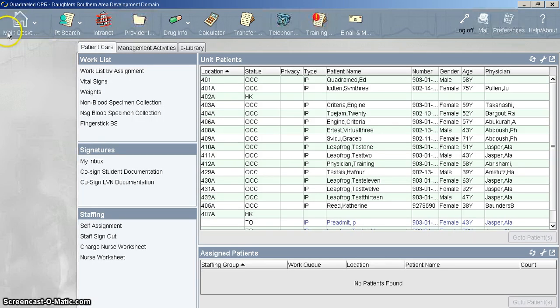original screen. Now here we're looking at your main desktop tabs: patient care, management activities, and e-library. Now usually when you go on your main desktop, one of the most important functions is creating your self-assignment. Your self-assignment can be made by coming to the staffing block. Each of these boxes is called a block. This is your staffing block, your signatures block, your work list block. You go to your self-assignment, you click it,